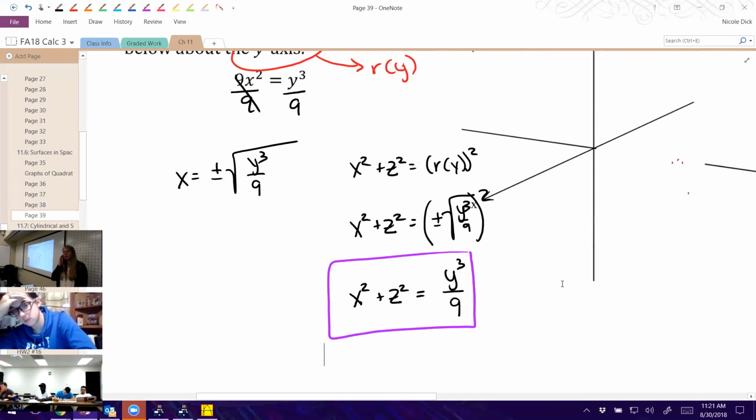Yes, so to graph these in the graphing calculator, same thing like Stephanie was saying before, you've got to get z by itself. So once you've got this equation, you're going to have to solve it for z. So minus x squared from both sides and take the square root. You're going to have to introduce 2 functions. So you have z equals a square root of all that stuff solved for z, and then z equals negative square root of all that. Okay. So instead of going through it, you guys can do that, but solve this for z and enter both those as 2 pieces there. But instead of doing that,